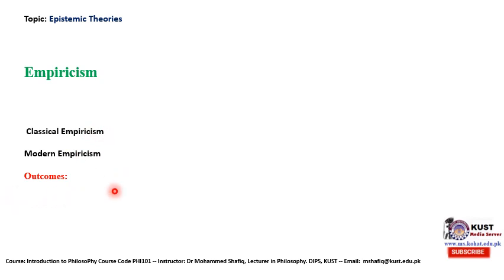Lastly, we have the outcomes of this lecture. In this lecture, students, we discussed what idealism is, what the different types of idealism are, and we discussed Berkeley's theory of idealism, that whatever exists in this world is totally mind dependent. If there is no perceiver, there is no external world in a sense. We also discussed Hegel's philosophy and